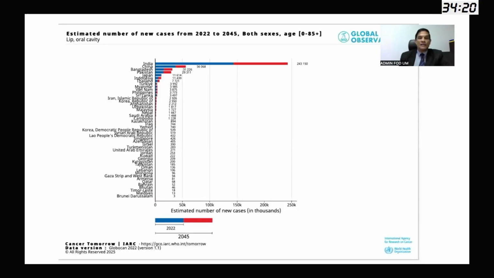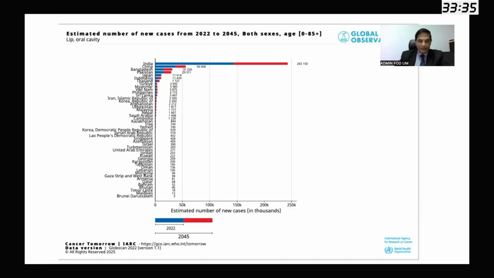Now, what about the oral cancer problem in Asia? Yes, it's a very common cancer when it comes to South and Southeast Asia, mostly South Asia. In some countries, even in Pakistan and Sri Lanka, in males, the number one cancer is oral cancer. So that tells us it's a significant health burden in this part of the world. You can see even in this diagram, Pakistan has so many oral cancers in numbers, second only to India, China, and Bangladesh in Asia. So that tells the clinicians and the pathologists in Pakistan that they should be aware of oral cancer in great detail,